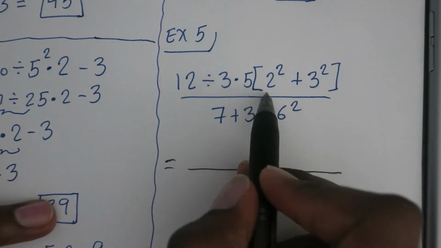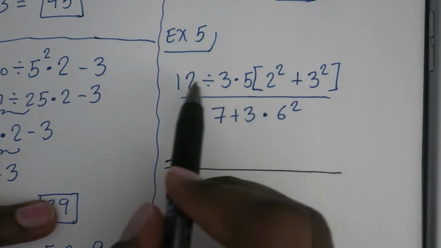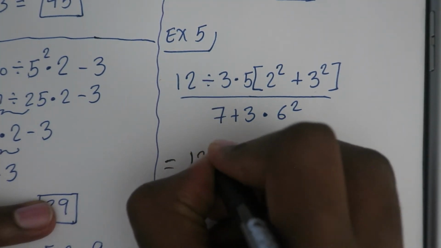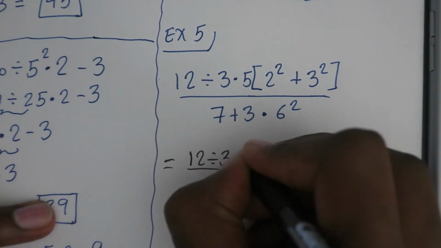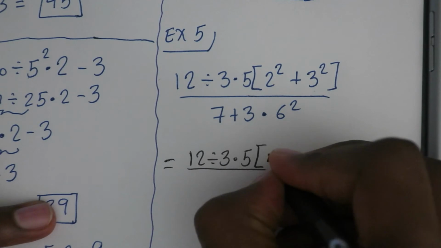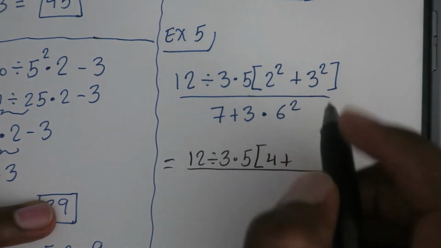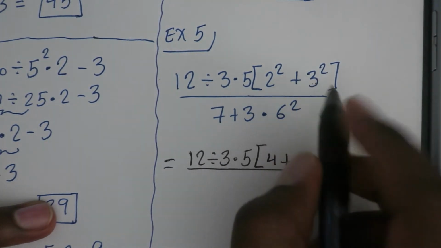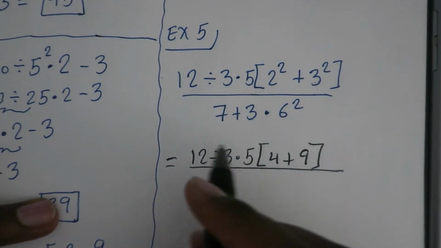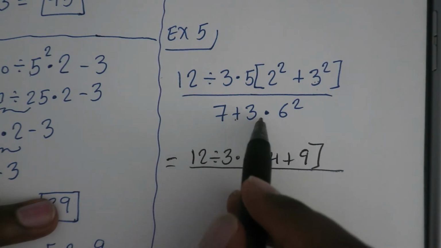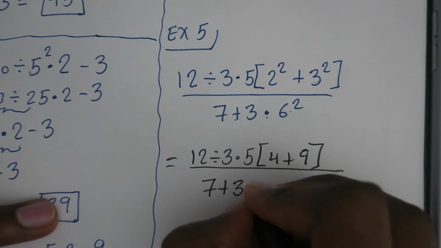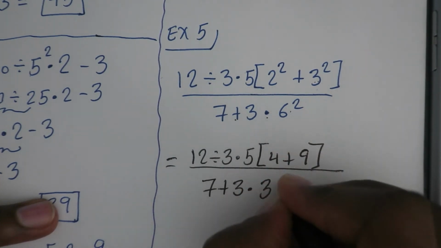So the top, I have a bracket, so we do everything inside the bracket first before I can do the outside part. So I'll leave the 12 divided by 3 times 5 and bracket. 2 squared is 4, 3 squared, to square something means you multiply it by itself, so 3 times 3 is 9. Bottom, before I can add or multiply, I have to do exponent first. So 7 plus 3 times 6 squared is 36,